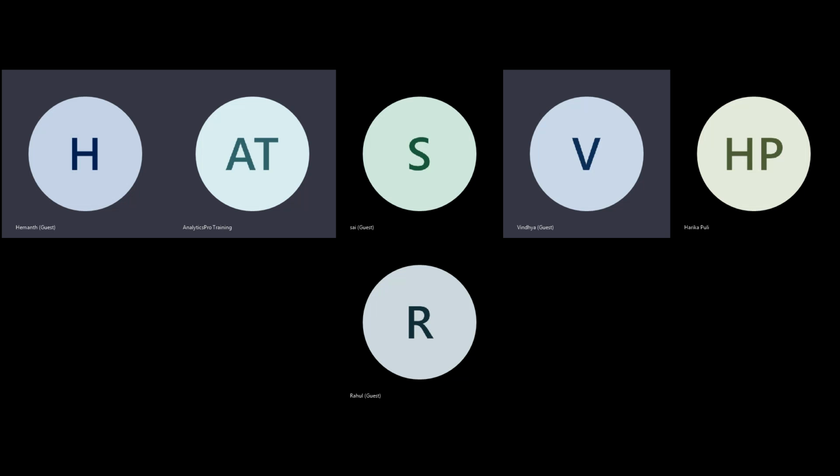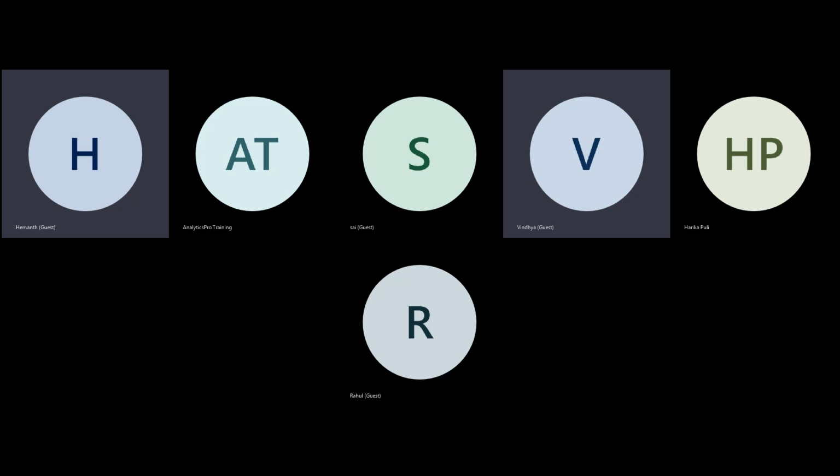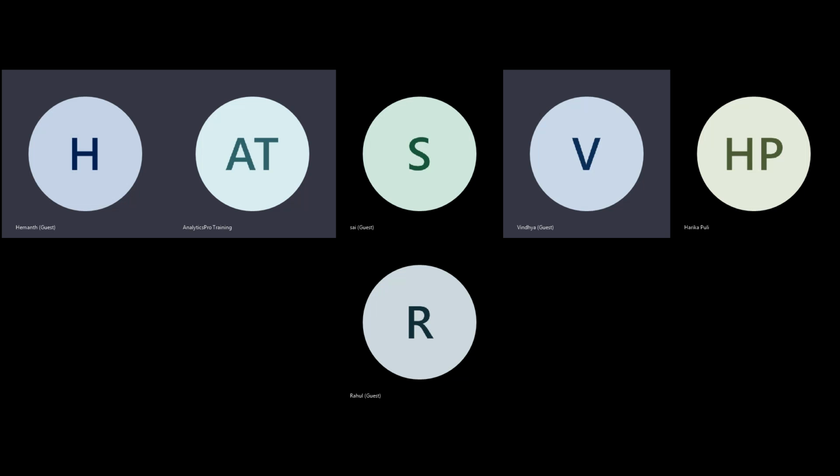Vindhya, I will give you a requirement, say, to add two columns and put the result in a third column. But you may also get another requirement to add two columns and subtract another column as well.